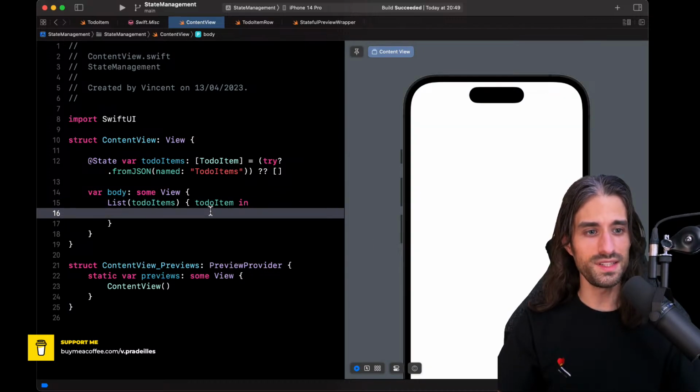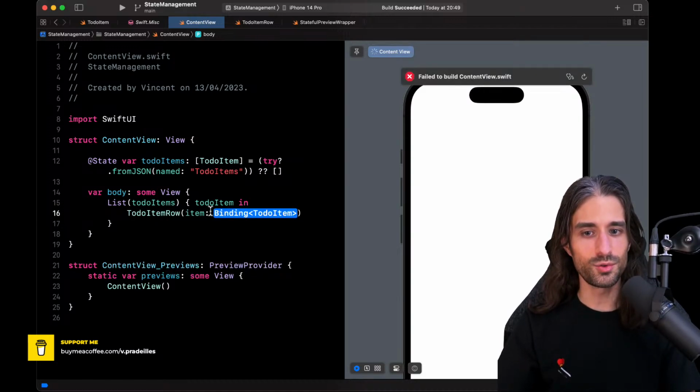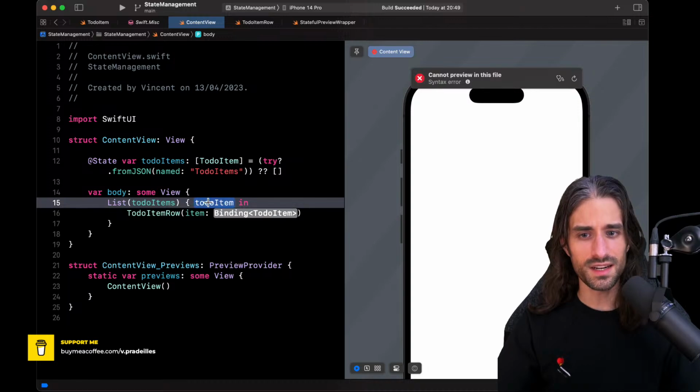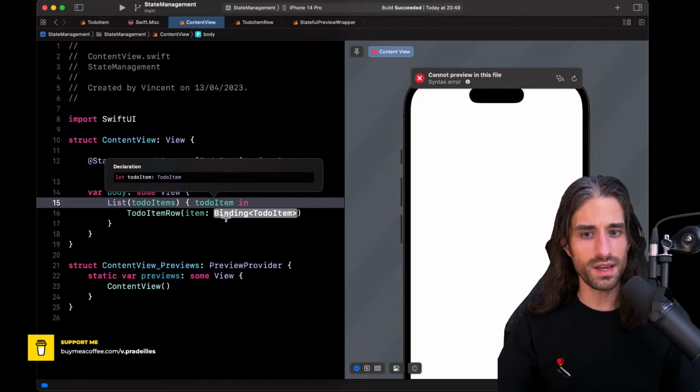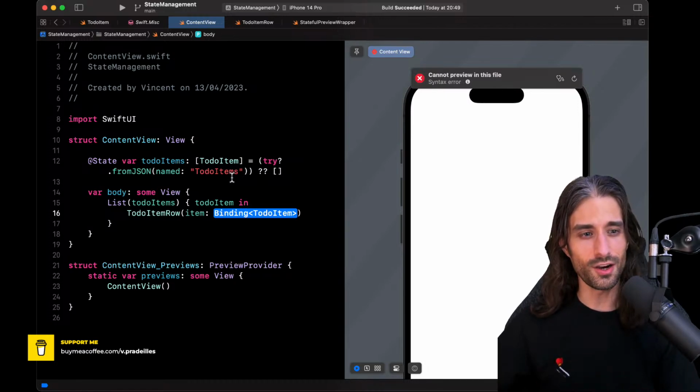Okay, now it's time to actually display the rows inside the list, and this will be easy because we have implemented the ToDoItemRow. But you can notice one thing, which is that here I have a to-do item, and here I expect a binding. So the question is, how do we get this binding to a to-do item? To even reformulate the problem, here we have an array of items in an @State property. How do we get from this @State array an array of bindings? You see, how do we distribute the binding over the array?